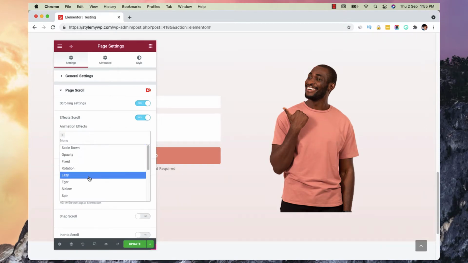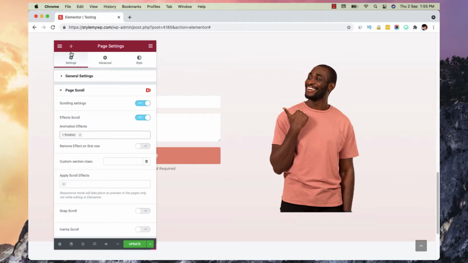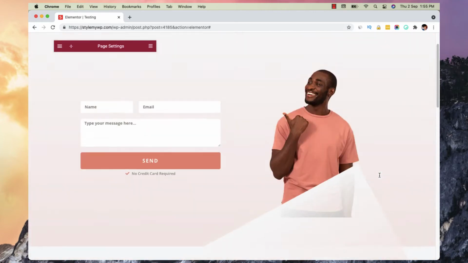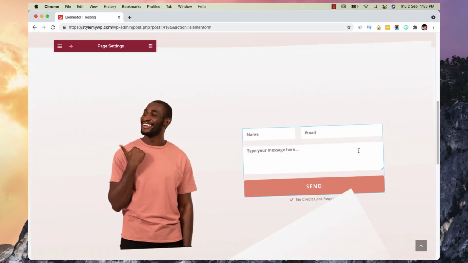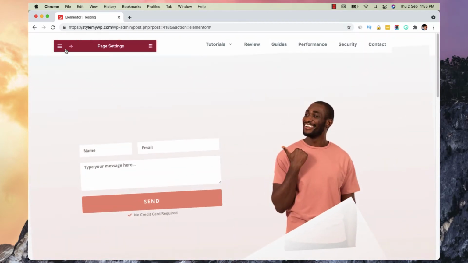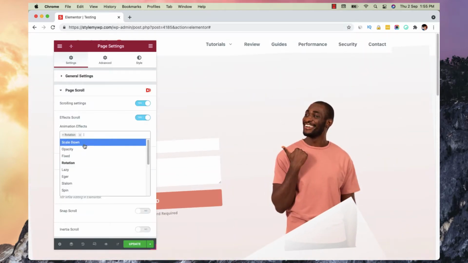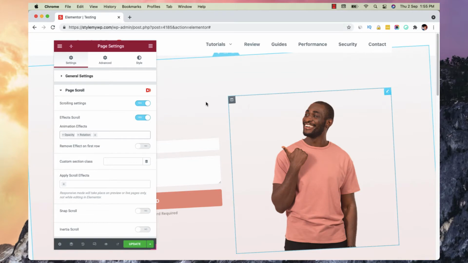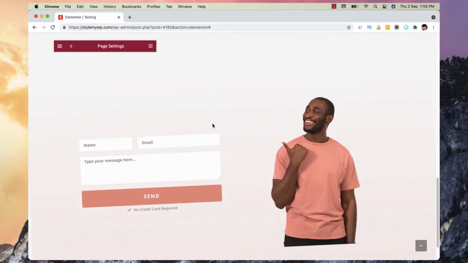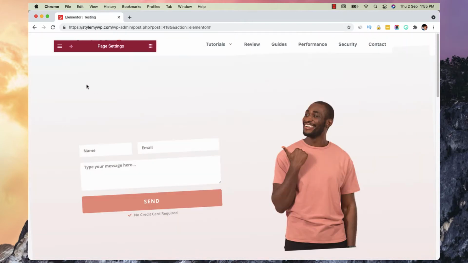There are many out there, like this rotation one, this one, right? This is rotating sections, looks good so far. And you can also enable 2 effects at the same time, right? And this looks much better, I guess.